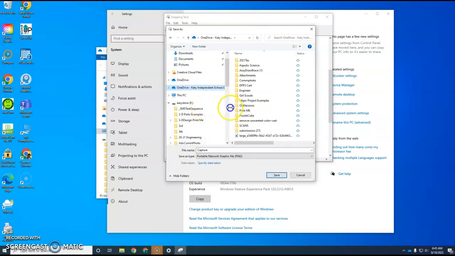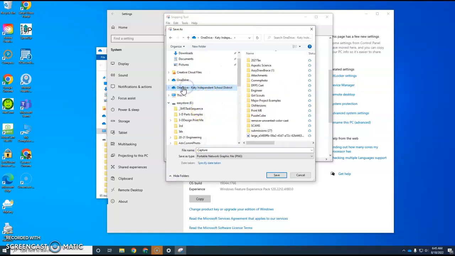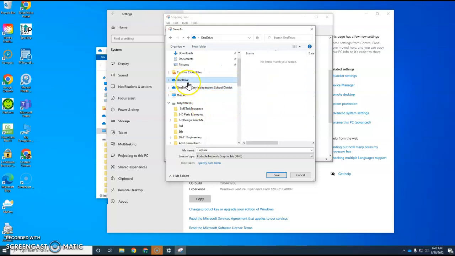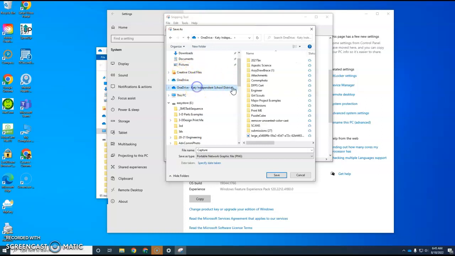There's going to be two OneDrive folders. One that's going to say, say, KD Independent School District, and one that's just going to say OneDrive. This is a temporary OneDrive. This will get deleted at the end of every day, every time the computer restarts. This is your permanent OneDrive. This will be yours. I want you to save it onto your OneDrive,